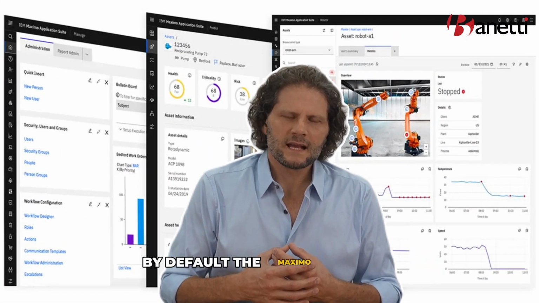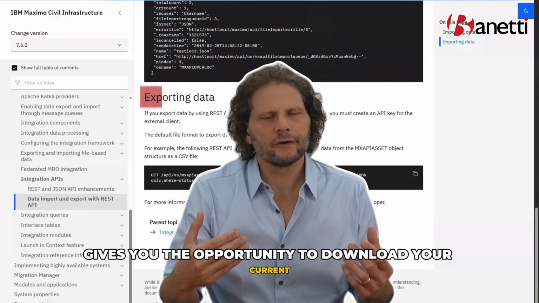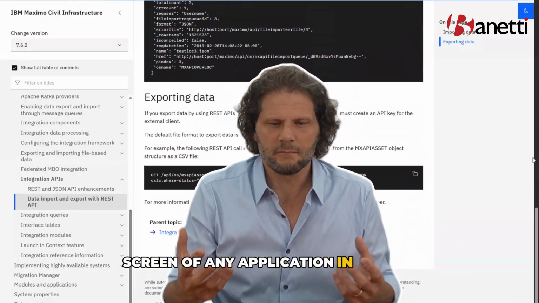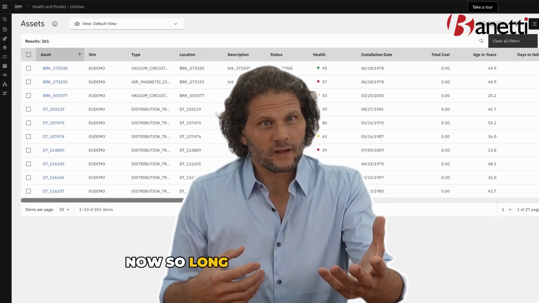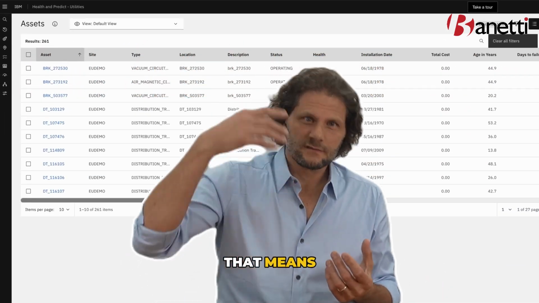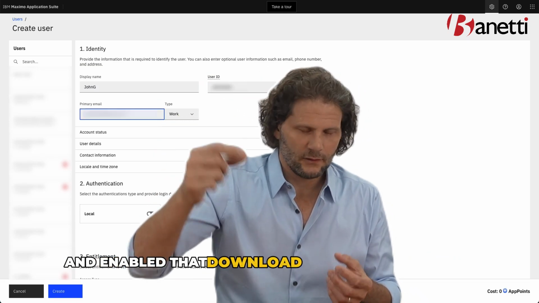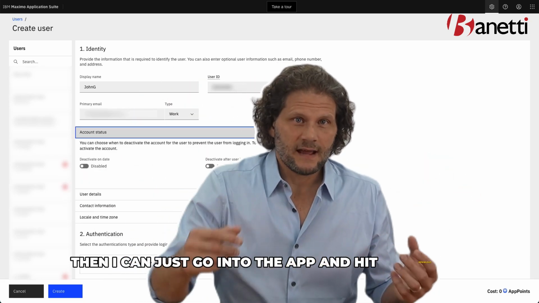By default, the Maximo product gives you the opportunity to download your current record set when you're on the main list screen of any application in Maximo. So we'll just take assets, for example. So long as you have the rights, that means the admin has given you the appropriate rights and enabled that download button on the screen, then I can just go into the app and hit download,